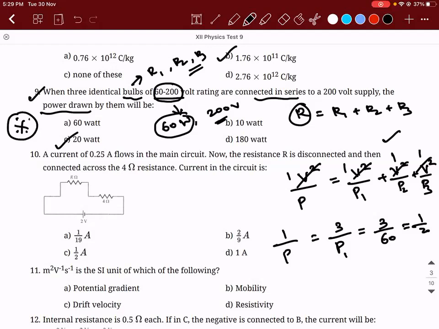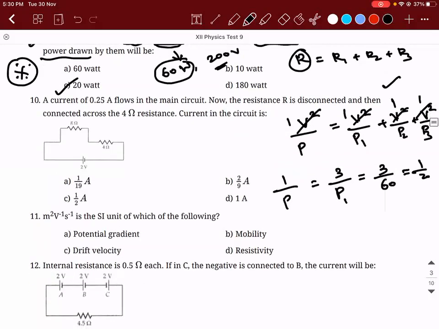I would like to mention one more thing. Voltage won't be the same across all the three, but here it is called the power rating. They are operated at the same voltage. For example, you go to a shop and buy a tube light. The tube light will have a specification. Let's say that light is of 40 watt and it is connected across a 220 volt source. If you take 3 such tube lights and connect them in series, this is what is going to happen. Are you able to understand?